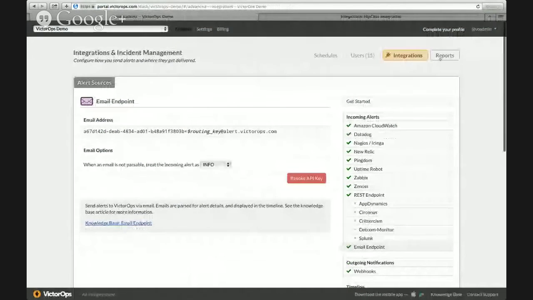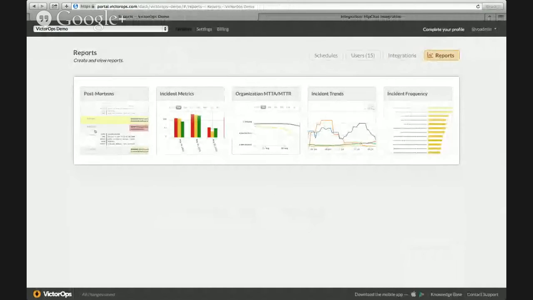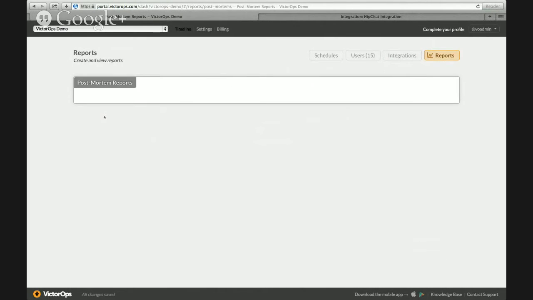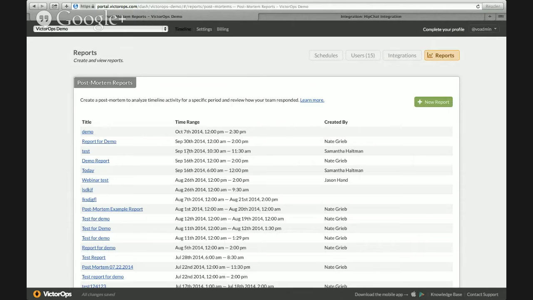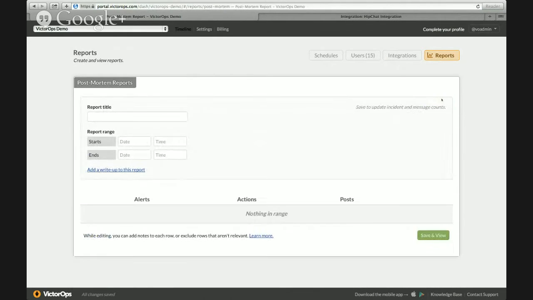I'm going to go ahead and move into our reporting. These are the 5 reports we offer right now. The one that I'm going to drill into right now that our customers are really excited about is post-mortem reporting. This is pretty simple to use. Go ahead and hit new report, type in demo,